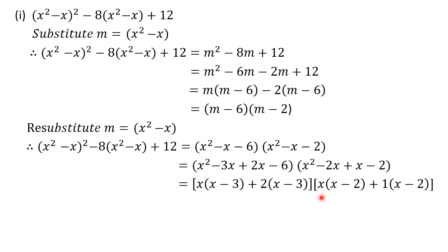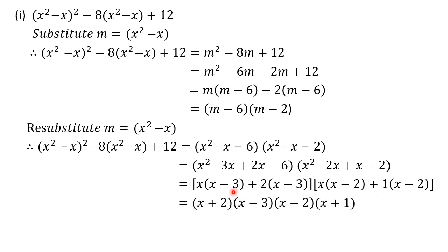And then we will write it like this. See, from these two, x is taken out common, so x minus 3. Here plus 2 is taken out common, so inside the bracket we have x minus 3. Here x is taken out common, so we have x minus 2. And here plus 1 is taken out common, so we have x minus 2. Now let us write it down again. See, this is in one bracket and in the second bracket the remaining terms. Similarly here. So in this way we will get 4 brackets like this.